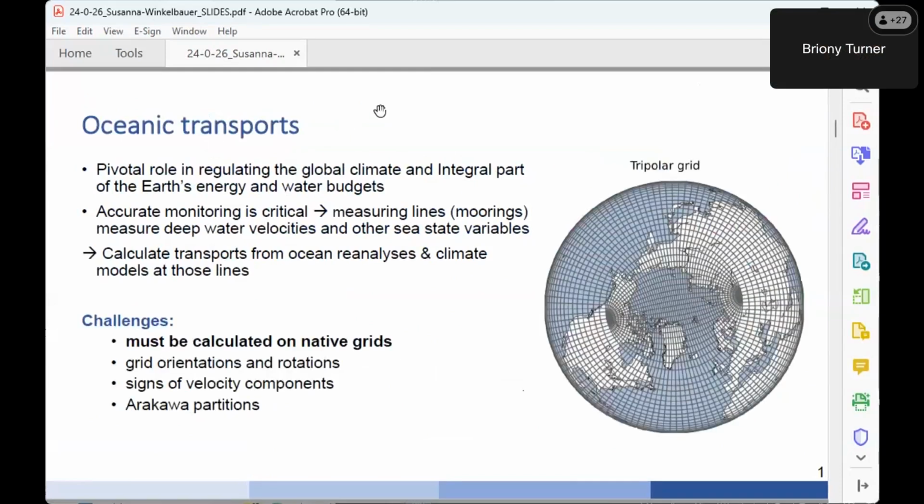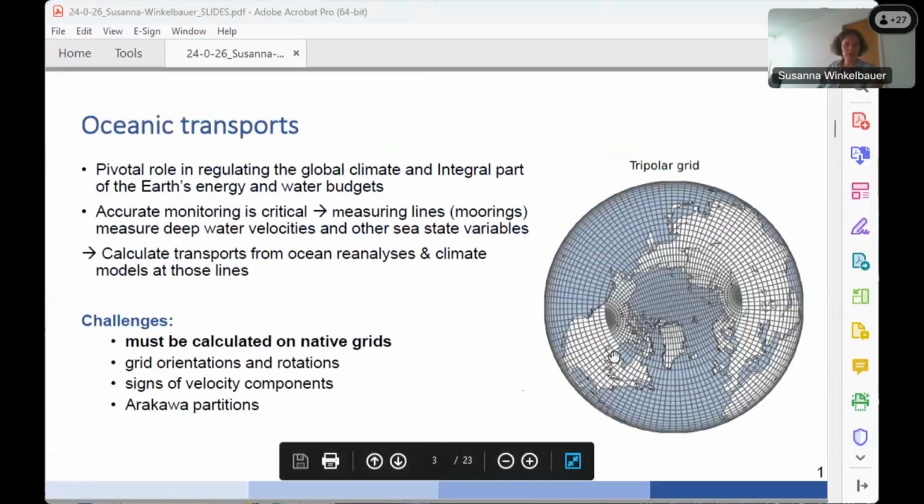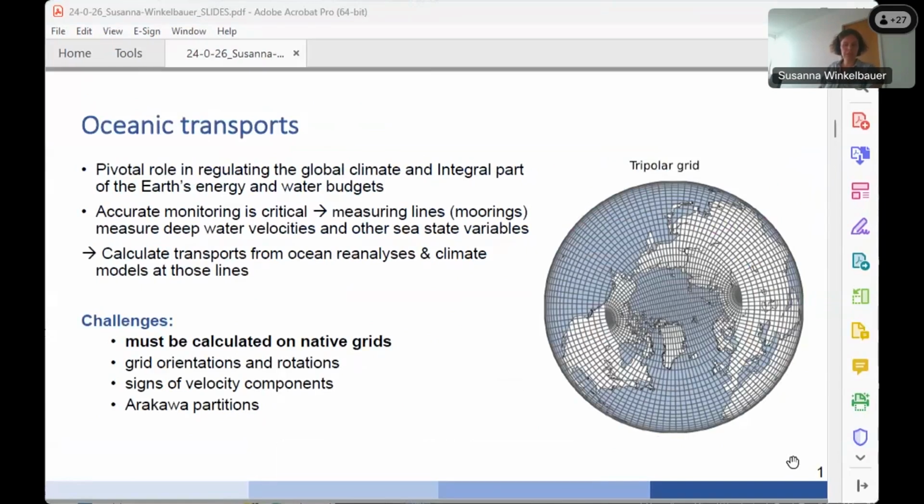Yes, that's it. Like I said, our goal is to calculate transports for reanalysis and also climate models like CMIP6. Now, this isn't that easy, as we have some challenges due to the grids that are used by the ocean models. For example, as seen to the right, this is a typical tripolar grid where instead of one North Pole, we have two North Poles over Eurasia and North America.